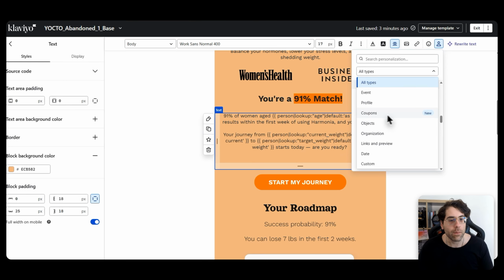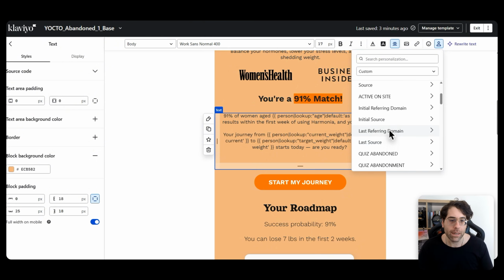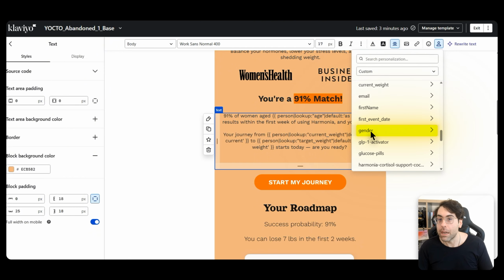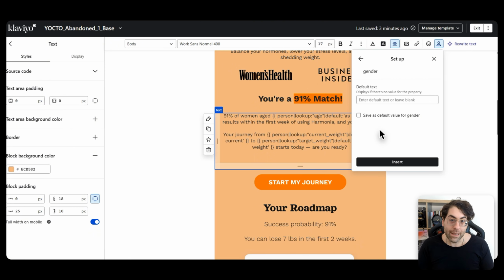Then you can select coupons, date, events, etc. But let's go with custom properties, which is, I think, fairly interesting. So let's assume I want to personalize based on somebody's gender as an example. Let's say I click here. What this will do is that it will dynamically pull